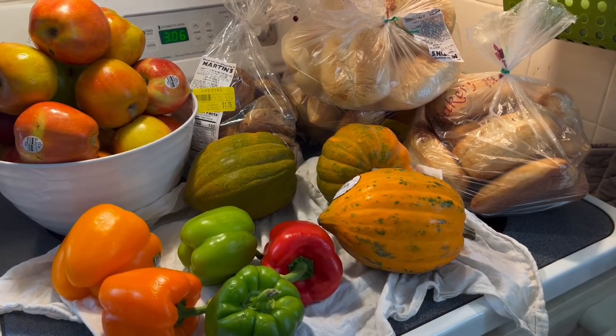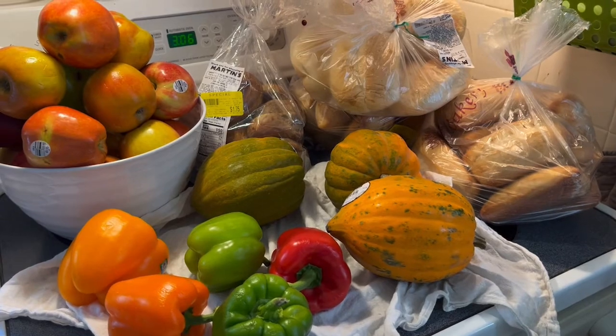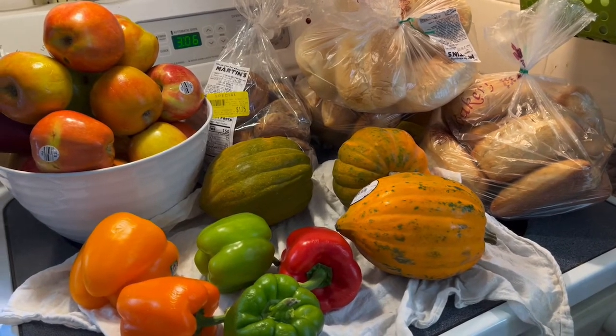Any guesses yet? All right, you ready? A whopping $14.30. So, I mean, that's $1 a day for fresh produce for all of our animals, because it will go,